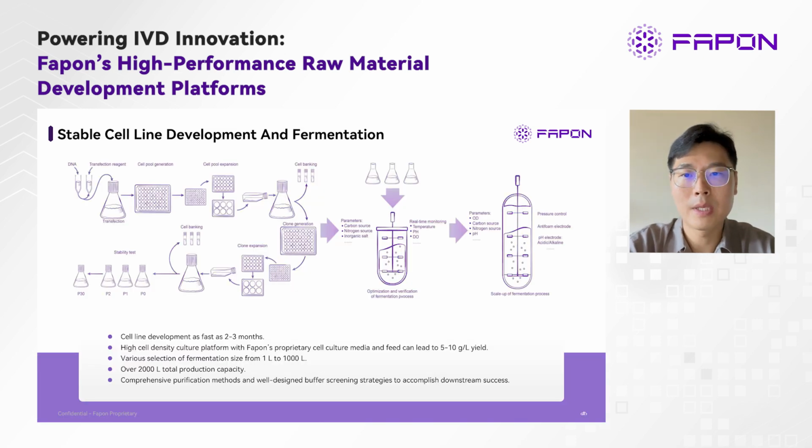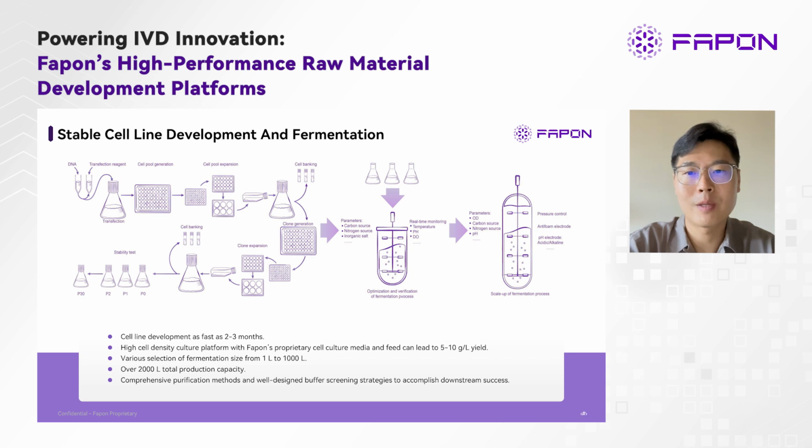In the next slide, I would like to discuss our bioprocessing workflow, mainly focusing on the upstream side. On the left side of this chart is our stable cell line development workflow, which usually takes about 2 to 3 months for us to develop a stable cell line, all the way from construct design optimization to the cell line stability test. First, for expression construct design, we usually select the appropriate signal peptide, vector backbone, and promoters to ensure high transfection efficiency as well as high transcription and translation efficiencies.